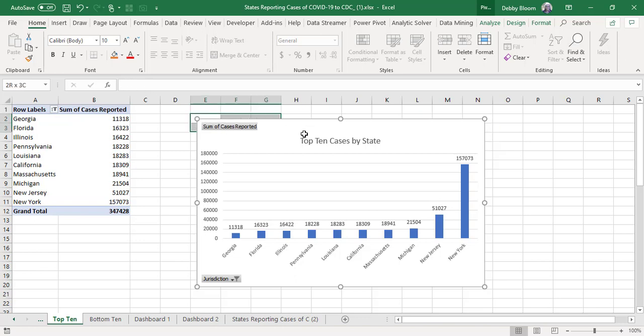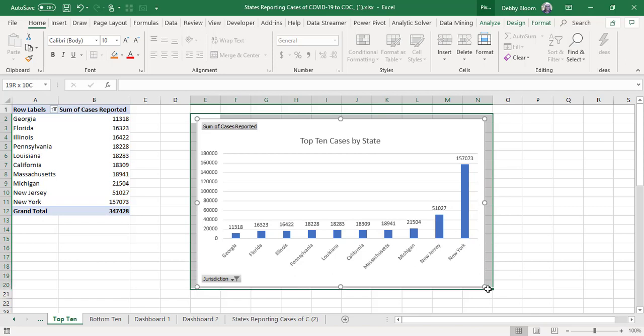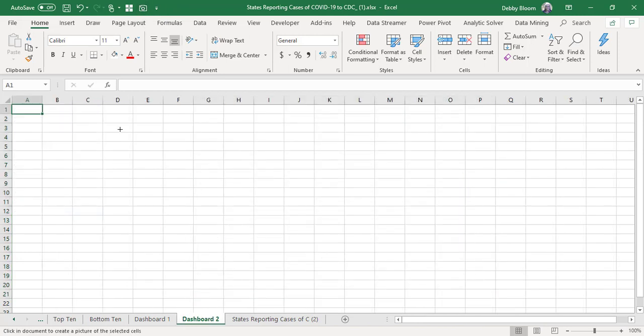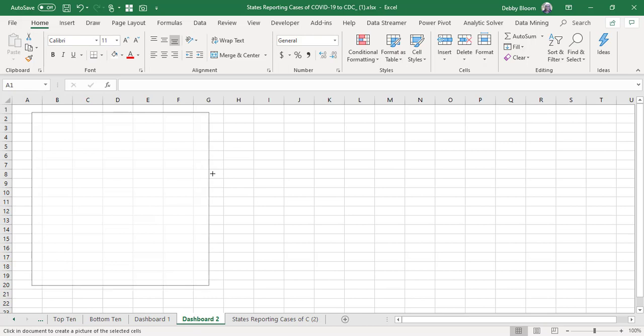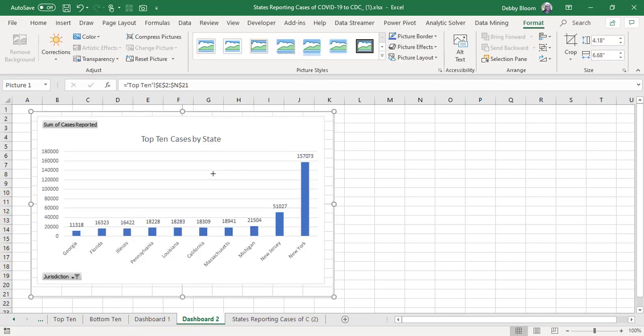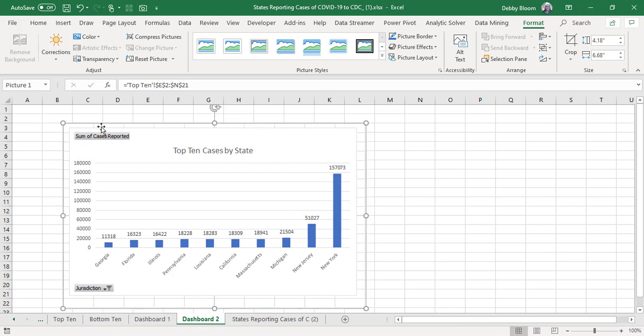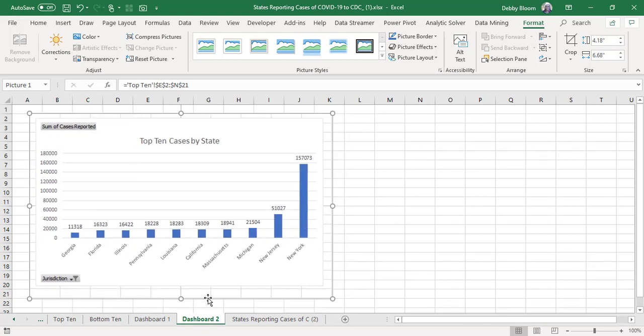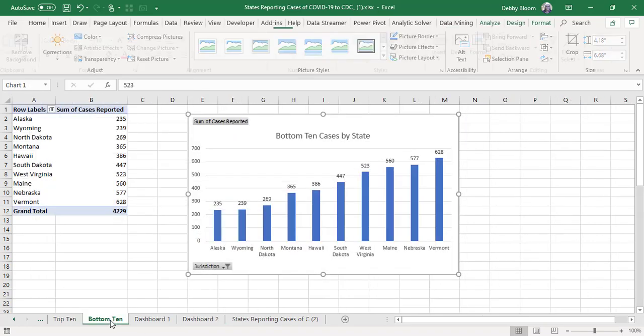But I'm going to select the range around my chart so that my chart is within the range selected. And now I'm going to click the camera tool, go to Dashboard 2, and just draw it out. And notice, as you can see, I've also got a picture of the grid lines, which is why I colored the last one white. Now I'm going to go to my bottom 10,